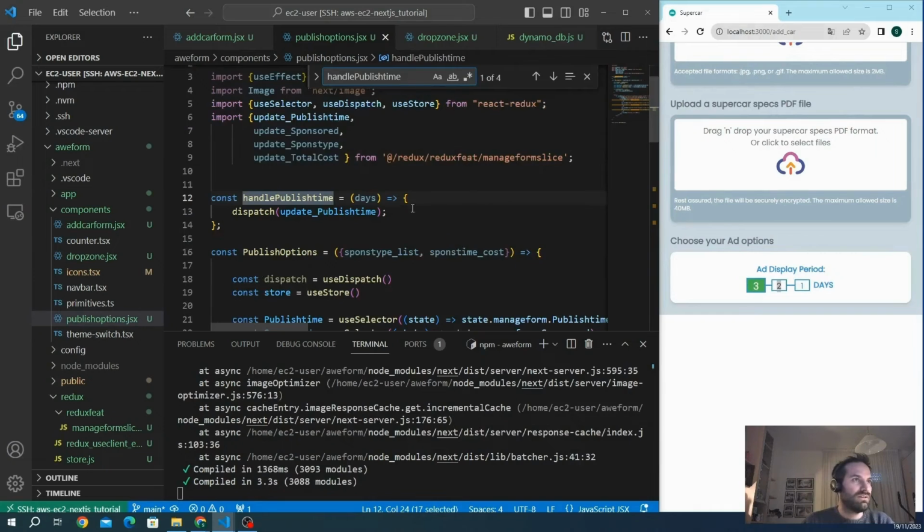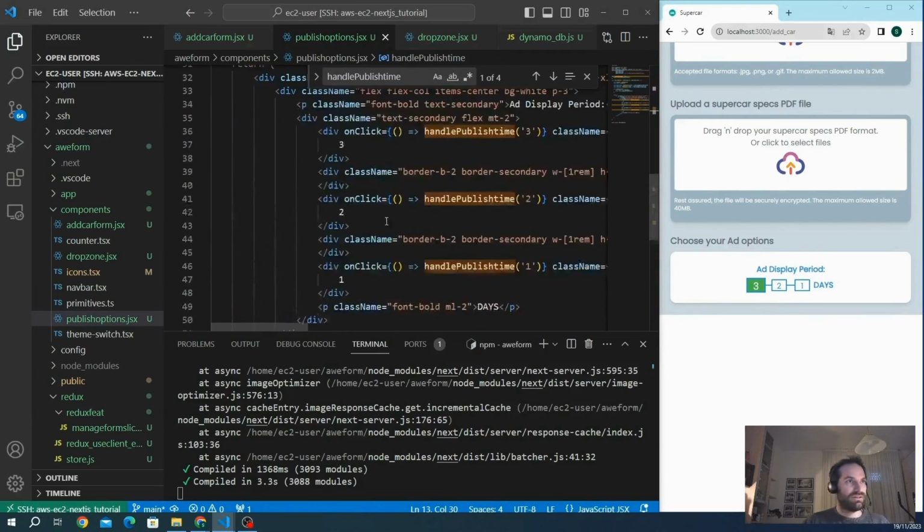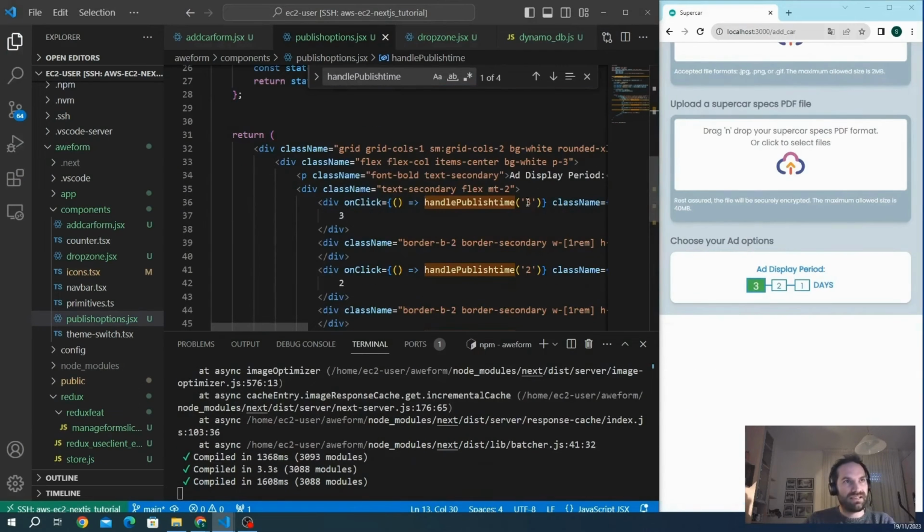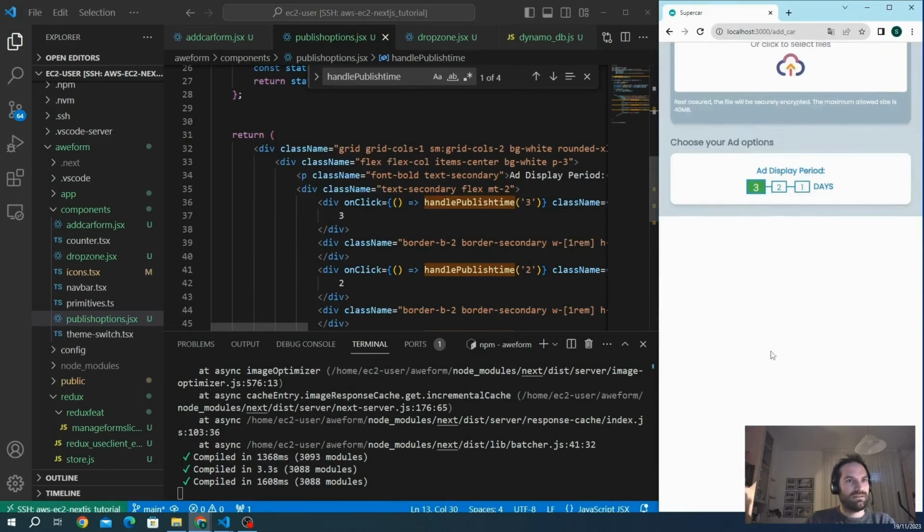Okay, so it means that every time I select 1 day, I will update the store with the number of days, because in the function we send as a string the number of days of the container. So if I change the div to 2, automatically I will get